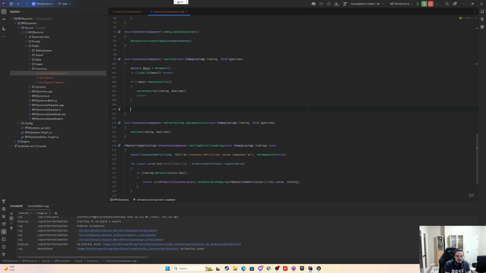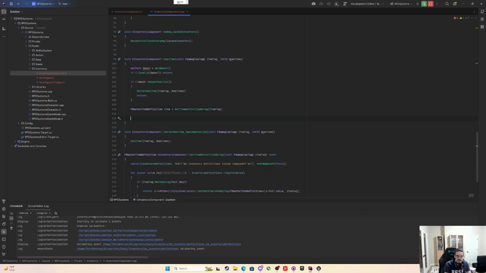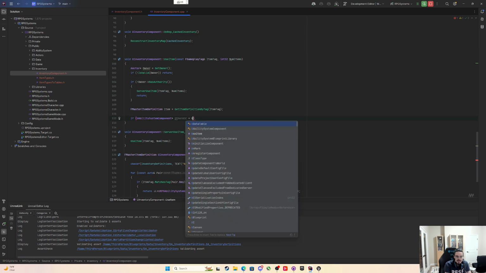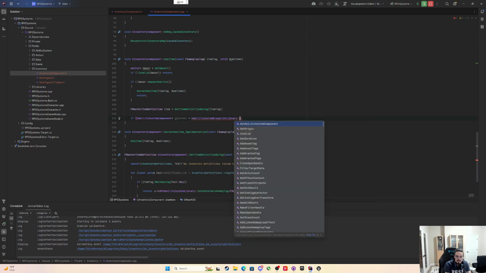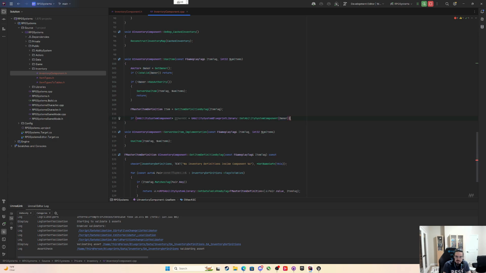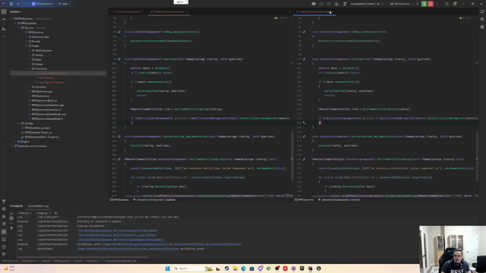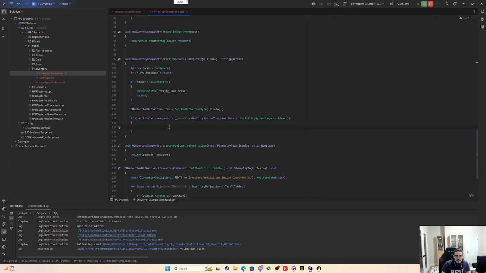Okay, so now what the server is going to do is get our item. We're going to get an FMasterItemDefinition, call it item, and we're going to get that by saying get item definition by tag, passing in the item tag. So now that we have our item, we could say if UAbilitySystemComponent pointer called other ASC is equal to UAbilitySystemBlueprintLibrary get ability system component, passing in the owner. Oh, excuse me. So if we can grab an ability system component off the owner,